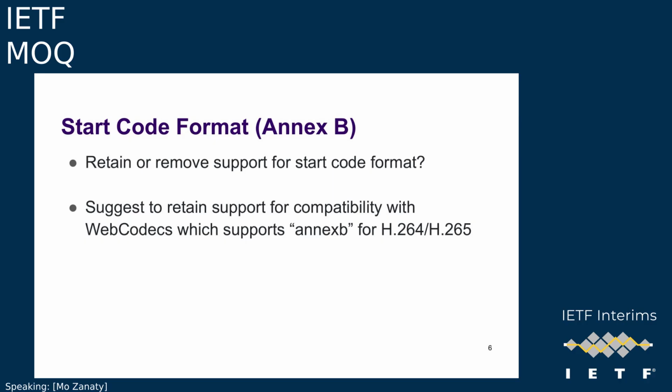So before each part of a frame, you'll have the length of the frame prefixed before it. That's the more common approach. And then there's another format where instead of the length, you have zeros. You have 3 or 4 zeros in front, indicating there's a new NAL unit or subframe,